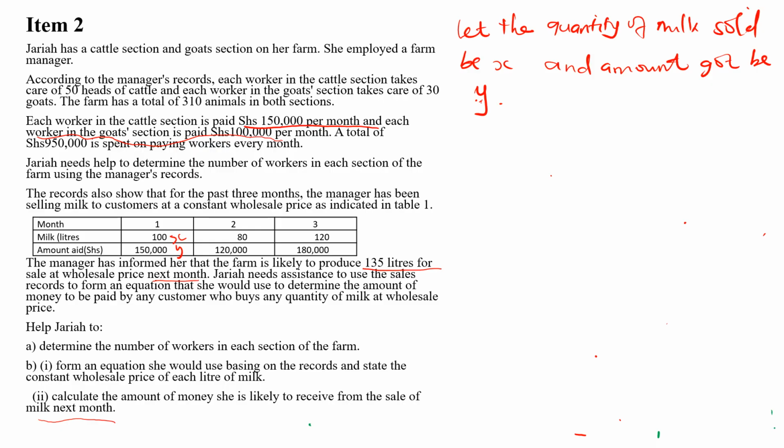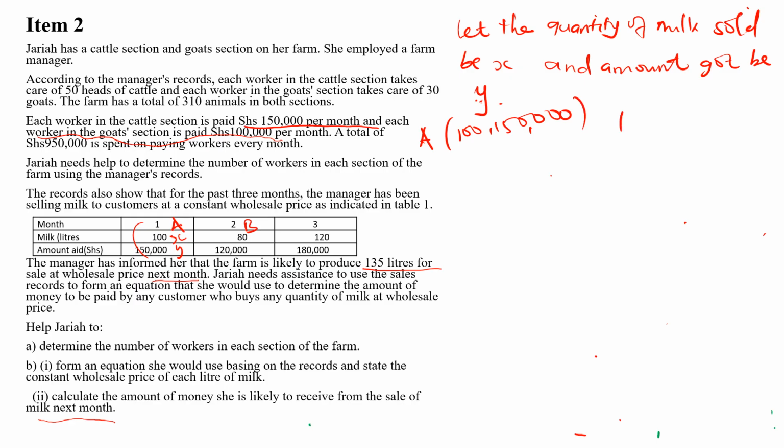It's better to come here and ask yourself, do you see this first month? Let me put here A, and then the second month, let me put here B. Remember, we have already laid out the points. So if I have my point A, the quantity of milk and the amount of money collected in that first month, here we have 100 and